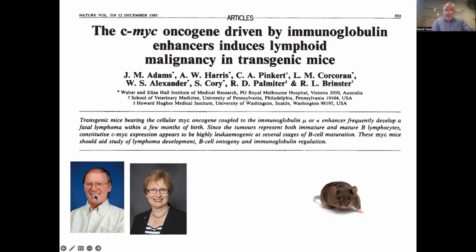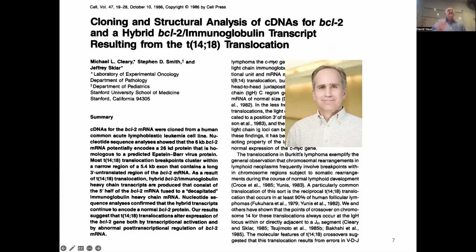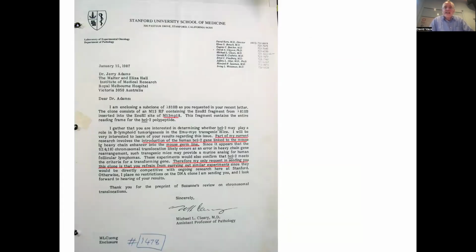Now, Jerry Adams was my PhD supervisor, and he thought, well, let's make transgenic mice expressing BCL2, just like the MYC mice, to see if they would also develop lymphoma. And he wrote to Michael Cleary. This is a picture of Michael Cleary, who was at Stanford, because Michael Cleary, like Yoshihide Tsujimoto, had cloned the BCL2 gene. So Jerry, my boss, wrote to him and said, can you please send us this BCL2 gene, the gene translocated in this 14;18 translocation of follicular lymphoma. And Mike Cleary sent him the